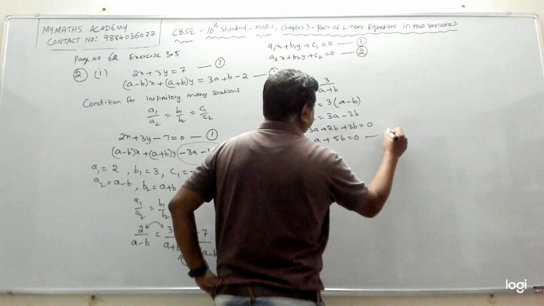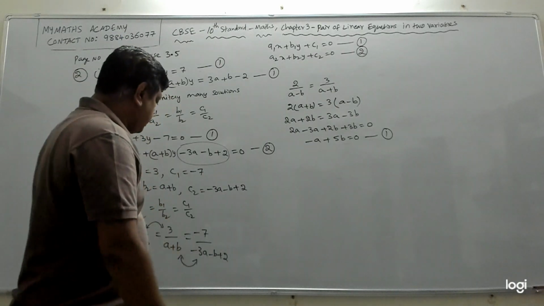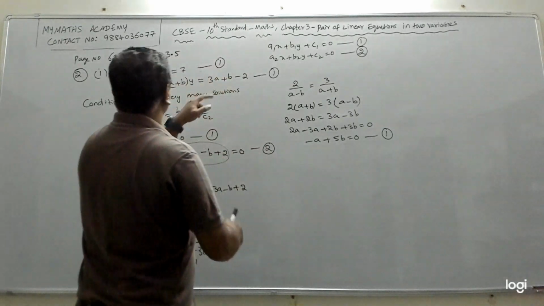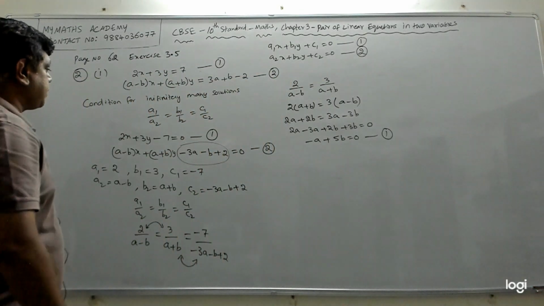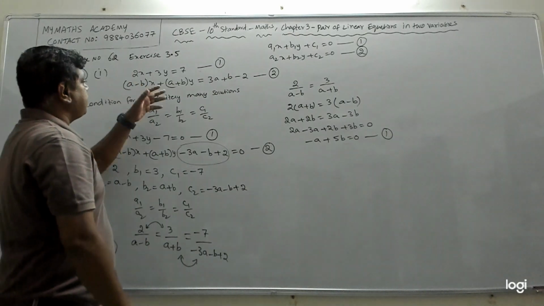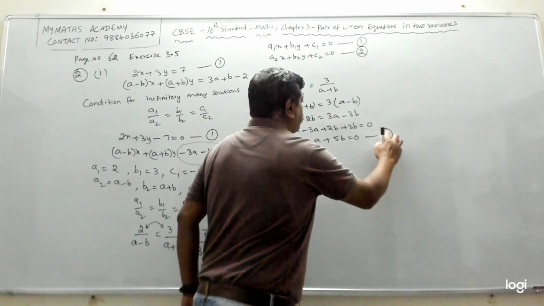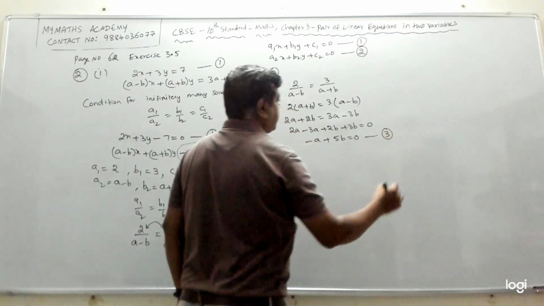So this is one equation. Now let's take these two. This is a different equation. I'm sorry, this is equation 2, first and second equation. So this is one. So we'll name this as some other. We can't put the same one because we would be confused with this. So we'll call this equation 3.